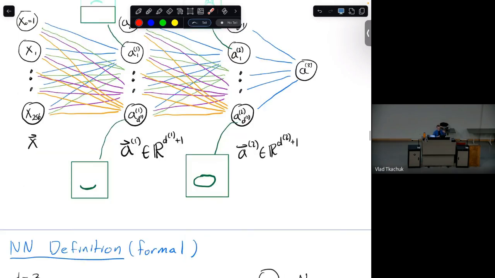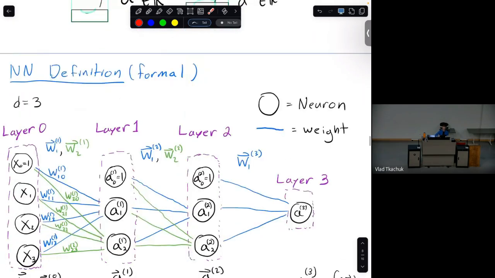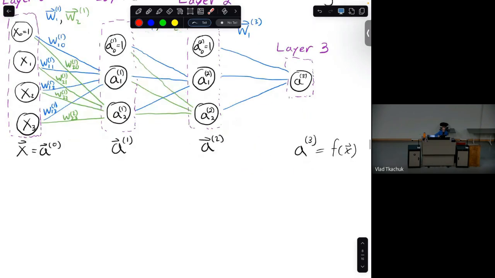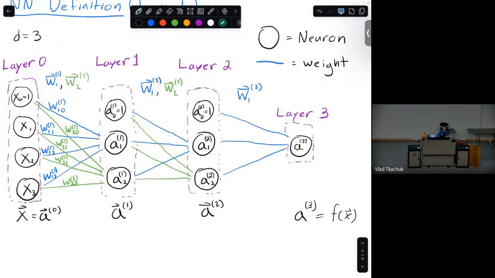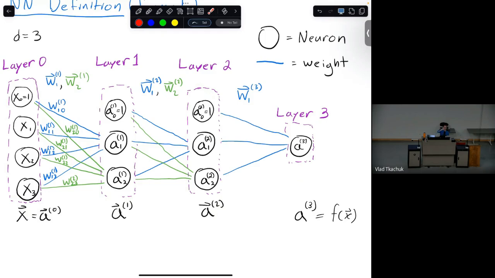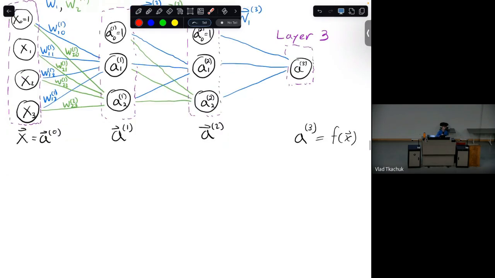Maybe let's make this more formal. This thing obviously has a definition other than this picture, but the picture lets you understand it more easily. So what does the definition look like? It's a giant iterative composition of one function applied to another function, applied to another function, and so on. You start from here, apply this, then apply this, and then you get this. So there's a giant dependence of functions.